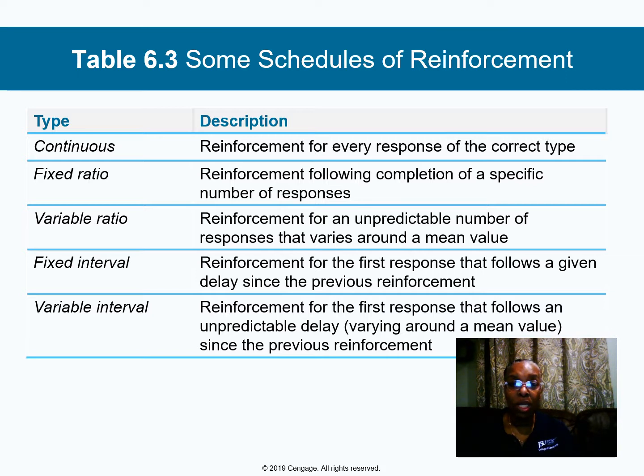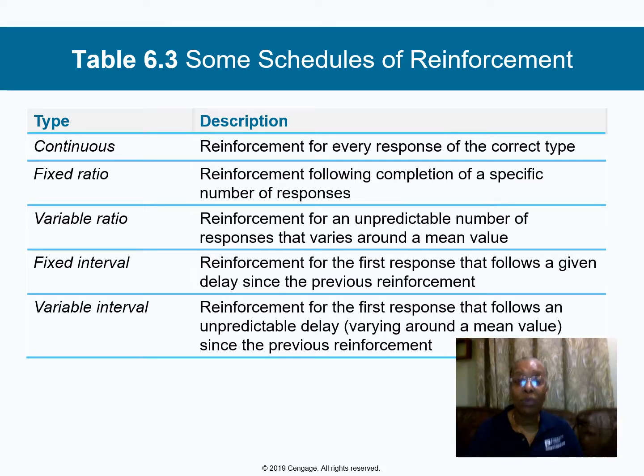So looking at the schedules of reinforcement, in addition to continuous reinforcement, there are 4 other schedules for the delivery of that intermittent type of reinforcement. Those 4 being fixed ratio, fixed interval, variable ratio, and variable interval. When we're talking about a fixed ratio, this schedule will provide reinforcement only after a certain fixed number of correct responses. So like after every 6 responses, for example, you will get a reinforcement.